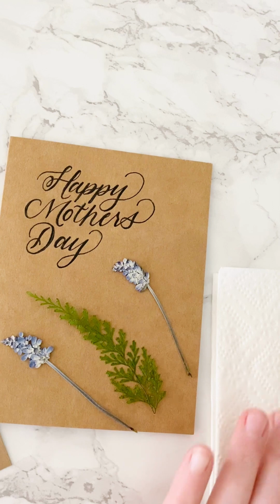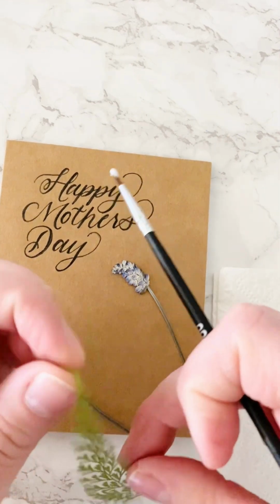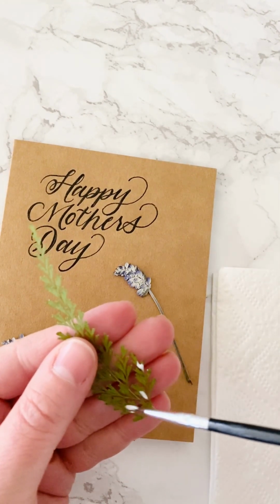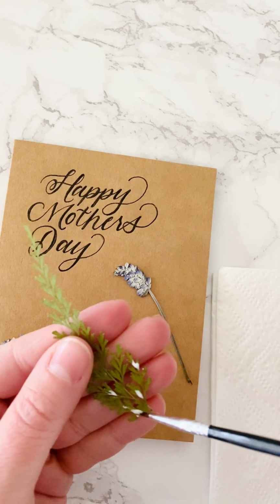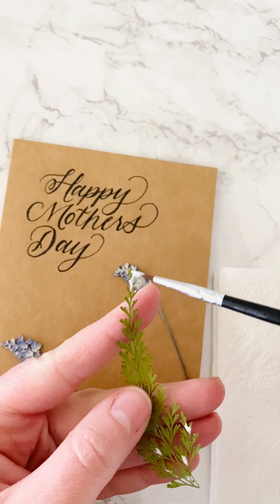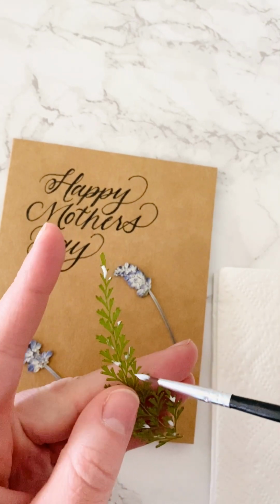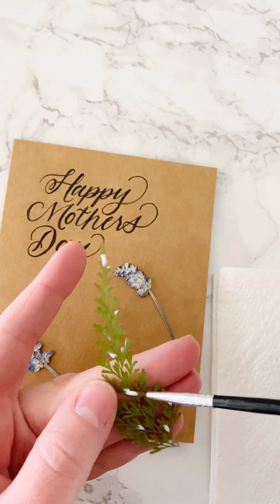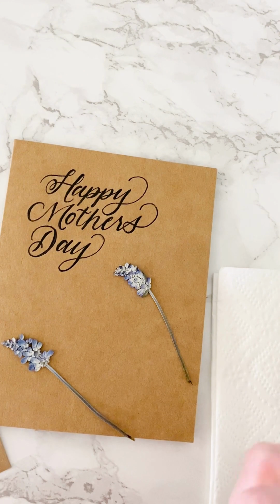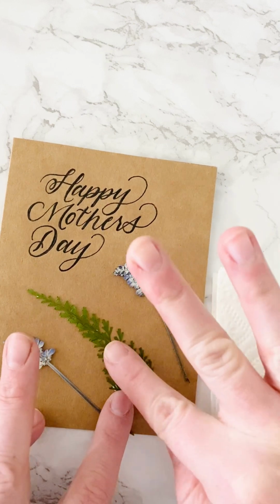From here, I'm going to use my glue with my paintbrush, and I'm just going to lightly put some glue on the back of this, and I don't want to use a lot, just a little bit every here and there to just get it in place. A little bit at the top, and I'm just going to do this with each flower. Just put a little bit of glue on, enough to hold it, and it starts out as white, but it's going to dry clear. So I'm just going to put that down,